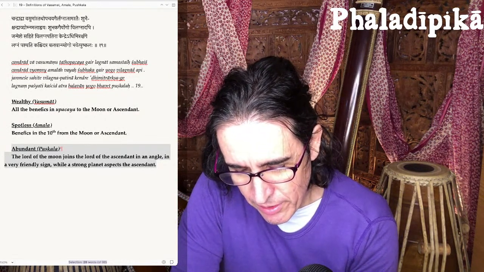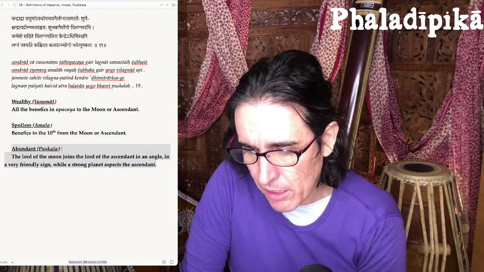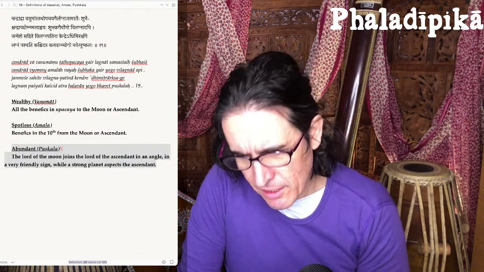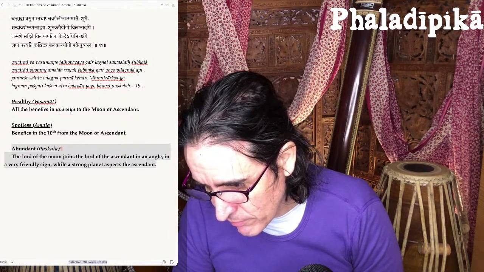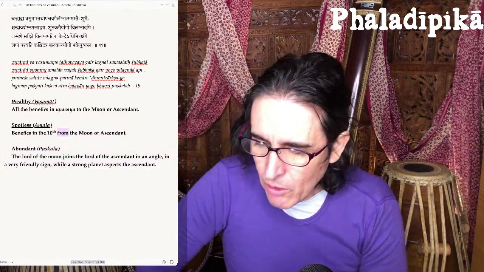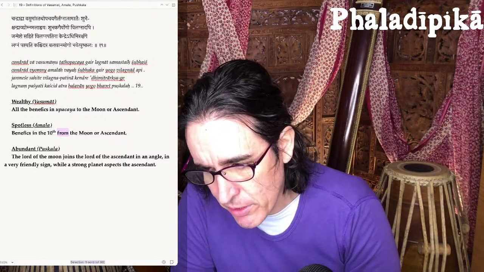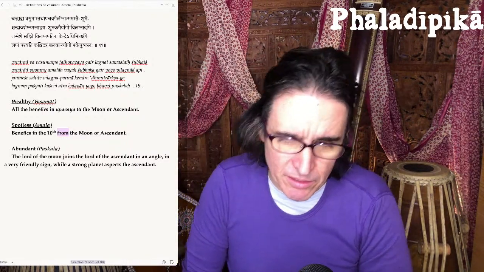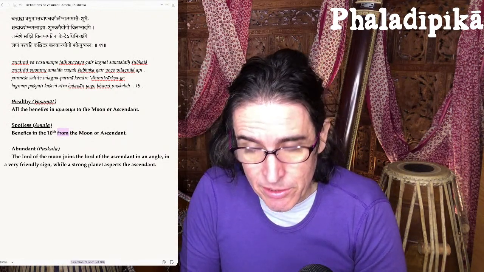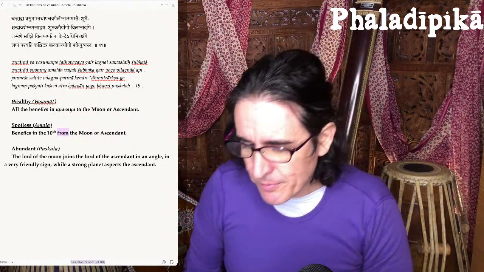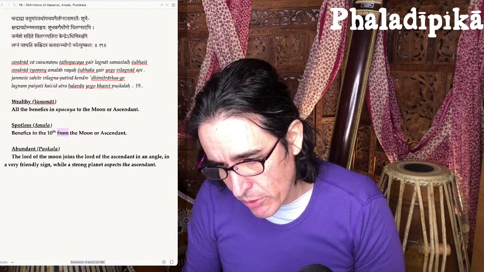So for the new stuff, we got these 3 new yogas, Vasumat, Amala, and Puṣkala, which is wealthy, spotless, and abundant. So these are 3 really positive yogas. Wealthy, or Vasumat, is to have all the benefics in Upachaya to the moon or ascendant. We'll talk about these and I'll even give you examples. Upachaya is 10, 11, 3, or 6. Those houses.